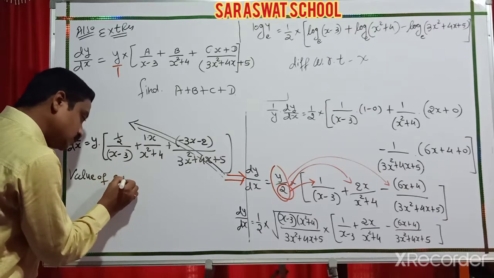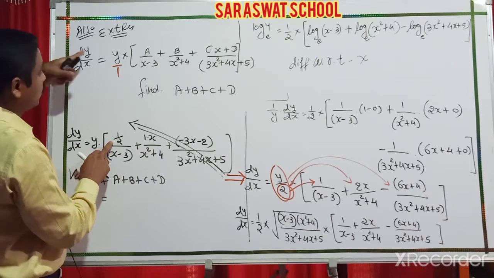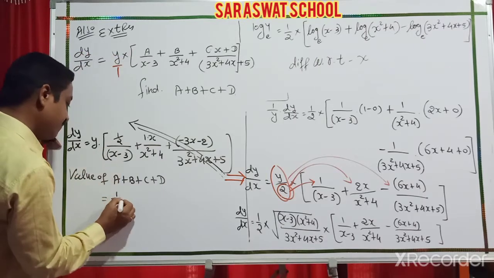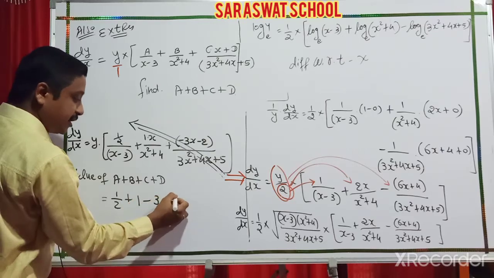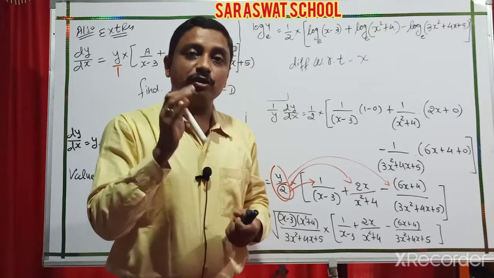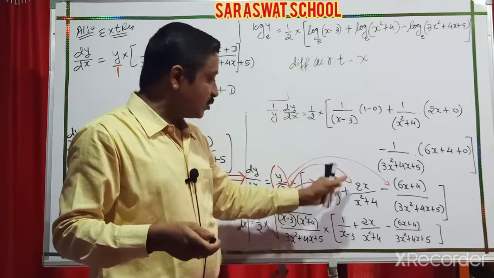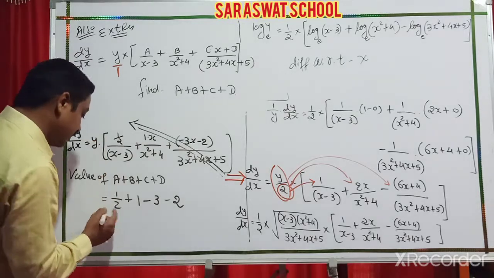A plus B plus C plus D. Just check according to the question. A is what? Half. B is 1, C is minus 3 and D is minus 2. It means, students, you calculate this fully, convert it into this form, and then after a little calculation,